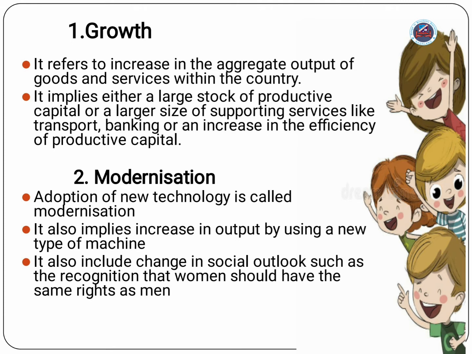For example, large productive capital includes the machines or technology or a larger size of supporting services like transport and banking. So when there is a good indicator of economic growth, it simply means that there is a steady increase in the gross